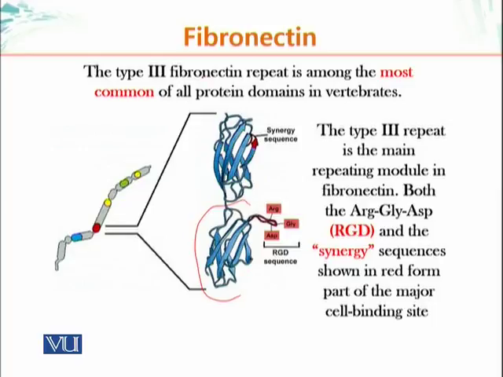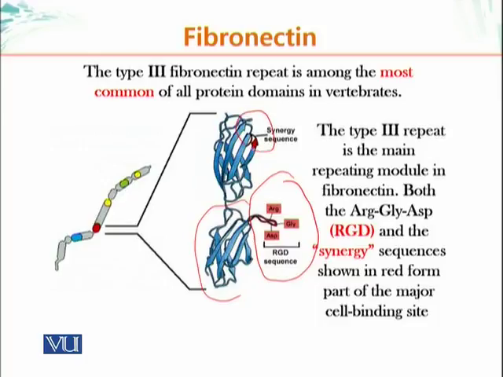The type 3 fibronectin repeat is one of the most common of all protein domains in vertebrates. Type 3 repeat is the main repeating module in fibronectin. It also has a special sequence, RGD, which are symbols for these 3 amino acids. And this is the region to which integrin binds, this particular sequence of amino acids. It also has a synergy domain, a module. The synergy domain is also